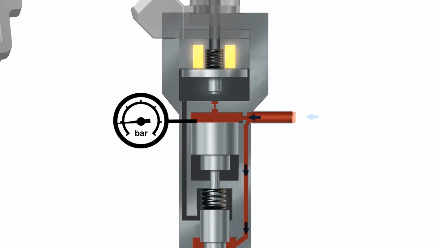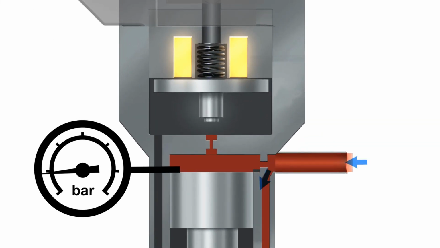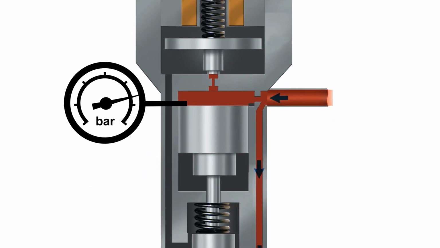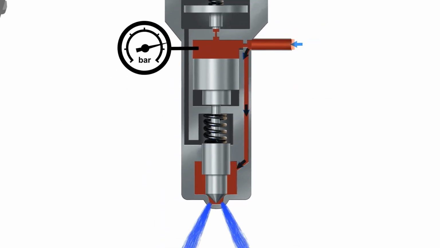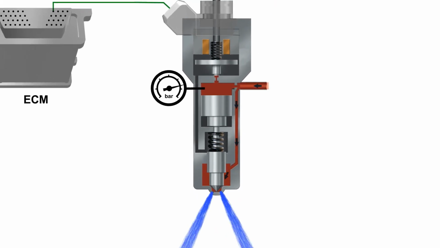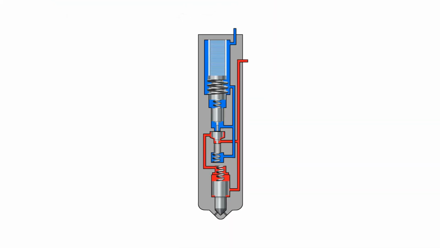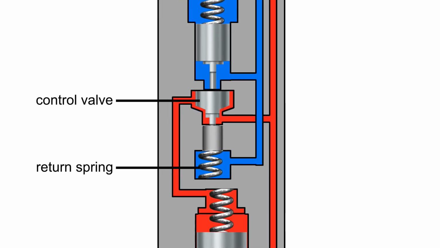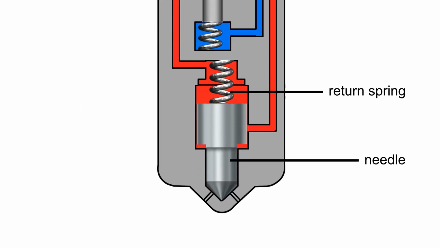To close the injector, the solenoid is de-energised. The two-way valve will now close. Fuel pressure will now build up above the command piston. This force, combined with the force of the needle return spring, will cause the needle to reseat, blocking the flow of fuel. The piezoelectric injector also comprises a control valve and return spring, and a needle with a return spring,